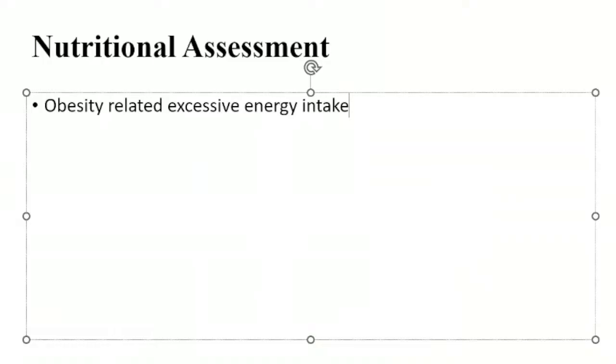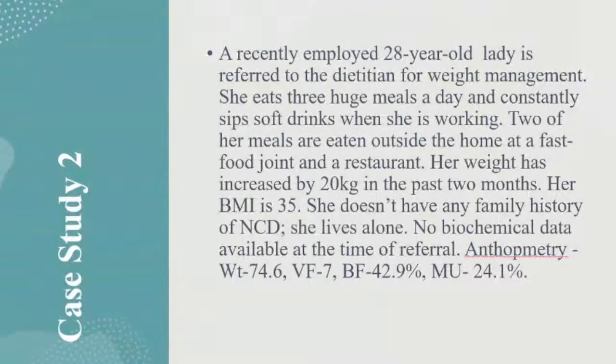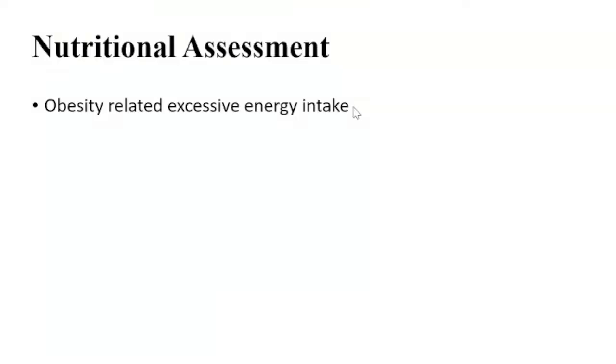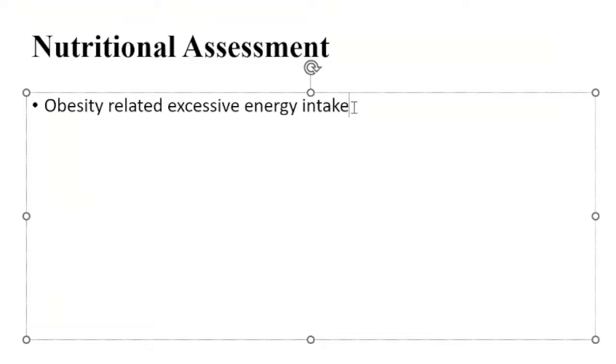There's excessive energy intake. There are other things like disordered eating pattern, not ready for diet or lifestyle change, physical inactivity, increased psychological stress, and all that. So depending on which one your patient is exhibiting, you pick that language, that terminology, so that when we write it, we all say the same things at the same time. Okay? So then our PES statement becomes obesity related to excessive energy intake, evidenced by,